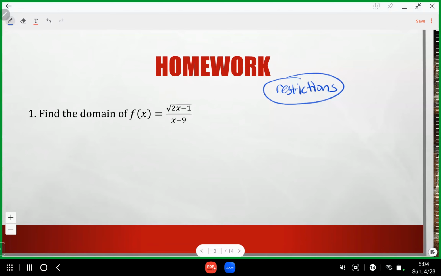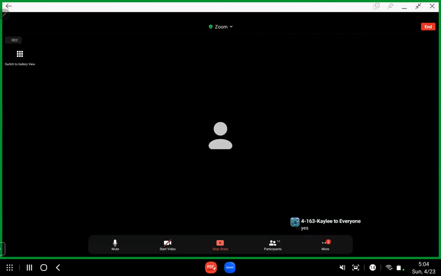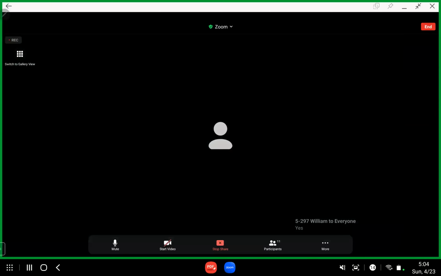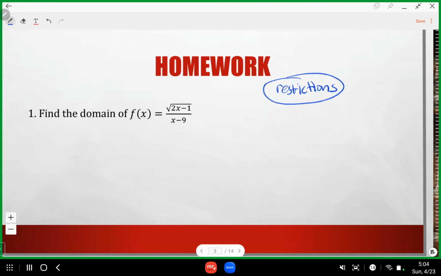All right, so let's go over this one. So William says 1/2 to 9 and 9 to infinity. Okay, let's see. So we do have a restriction here, which is x cannot be equal to 9 because you cannot divide by 0. So since you cannot divide by 0, the denominator cannot be equal to 0. X minus 9 does not equal 0. X cannot be equal to 9. That is the first restriction. But you also have to note that